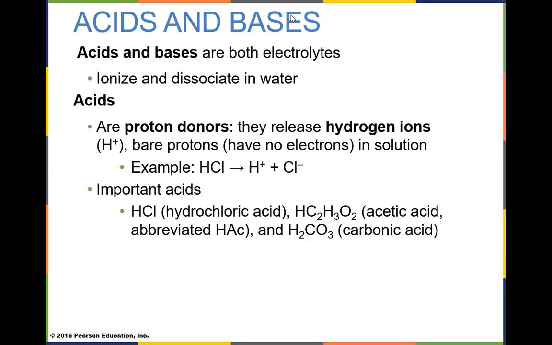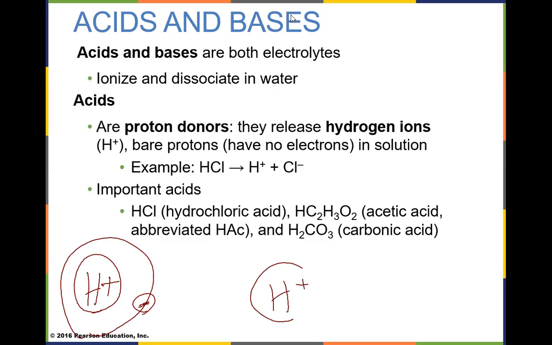For example, this is hydrogen right here. It has one proton in the nucleus, and it has one electron out here. It's balanced. It's a hydrogen atom. A hydrogen ion has the proton in the nucleus, but no electron